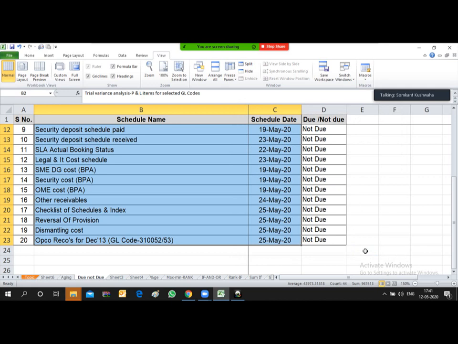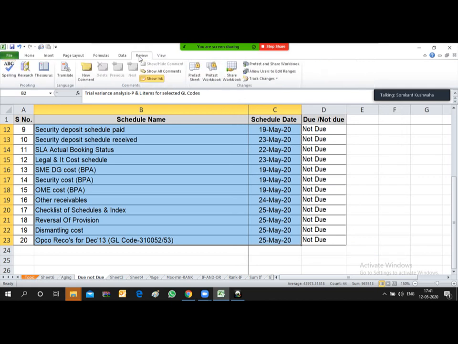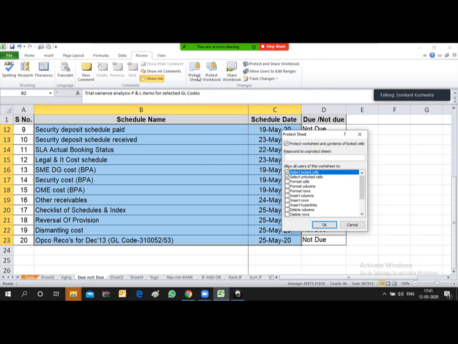After pressing OK, go to Review in your tab. Under Review, you will find this Protect Sheet option. Just click over here, and you will be able to see what options this dialog box is providing.